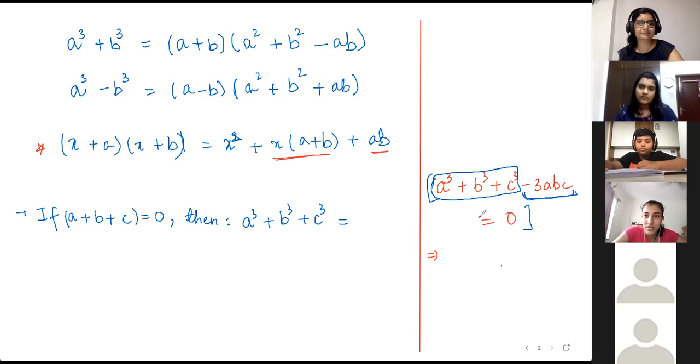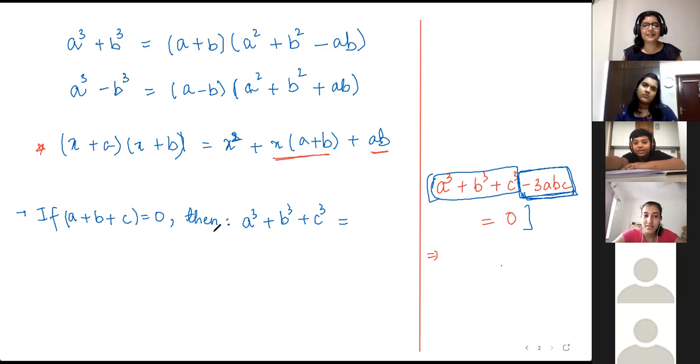It's equal to 0. How 0? Ma'am, because we don't have the minus 3ABC part in our LHS. Then it will not automatically be 0, right? If this is not in the LHS, it should be somewhere. So if I take this to the RHS, then what happens? Ma'am, but it's minus 3 into 0 into 0 into 0.